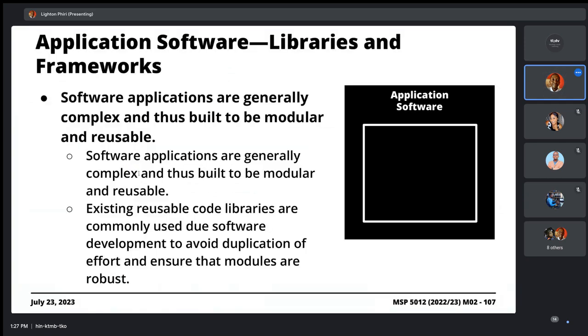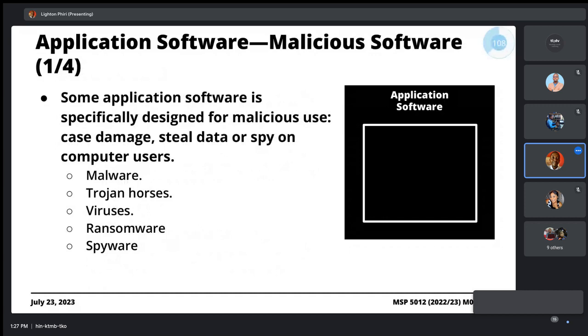All right. So this is the essence of libraries and frameworks. Here's the thing: we touch on data protection, and we discuss malicious software at a later stage. But I thought during our discussion of application software, I would point out that these malicious software tools we keep hearing about, like viruses and Trojan horses and ransomware.